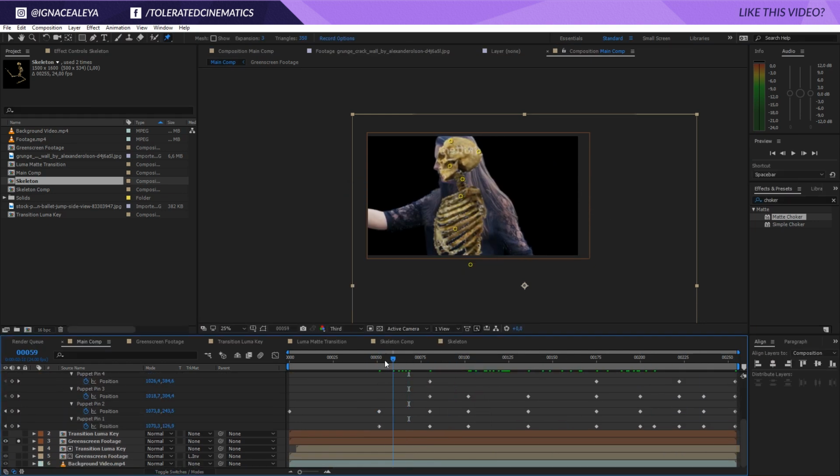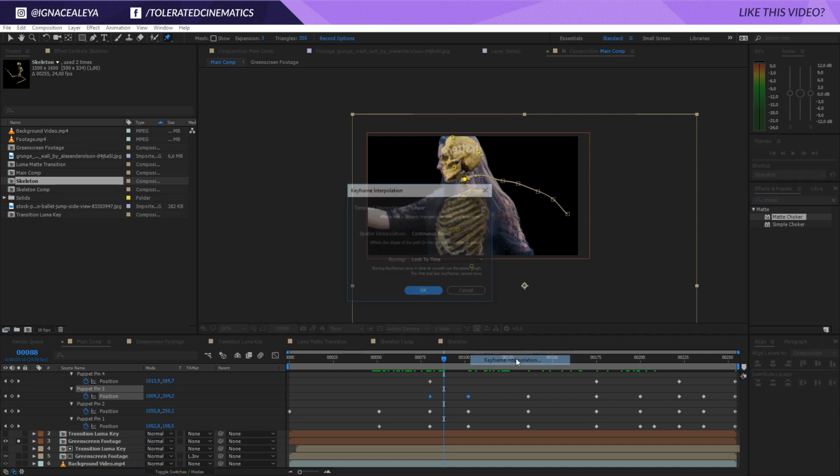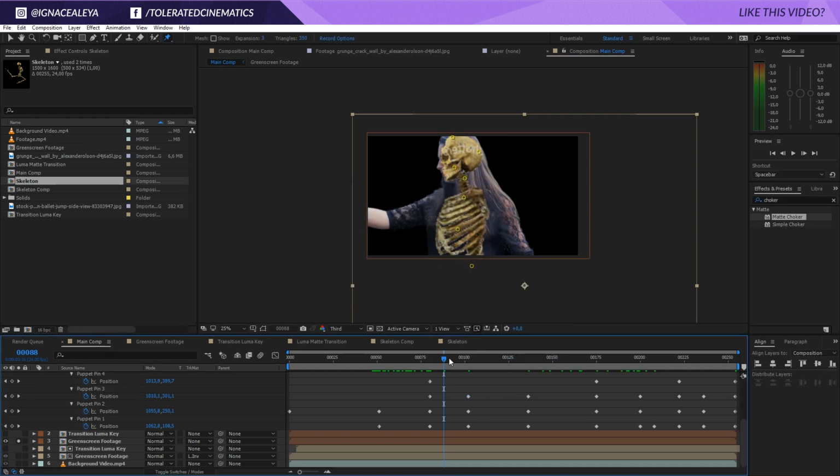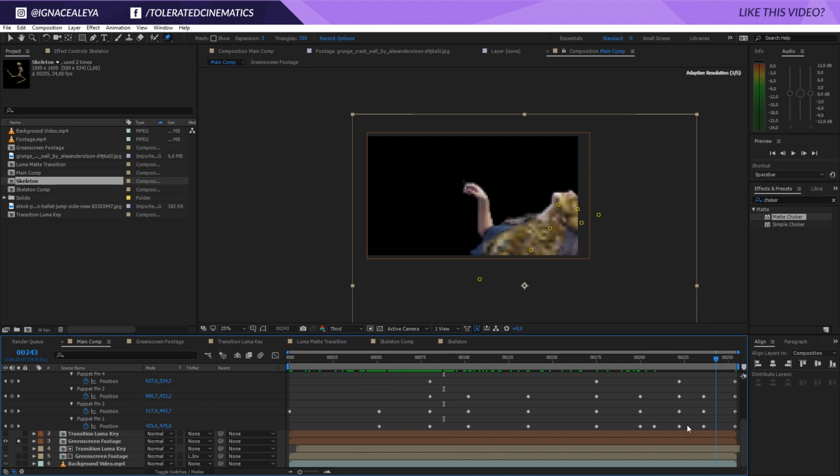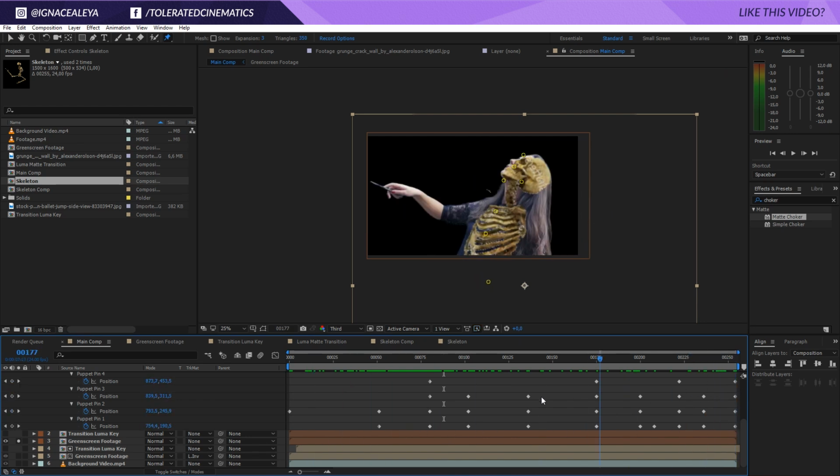Okay, so we had a little mistake in the keyframes. Just select both of these. If you ever have a glitch or anything that you don't really understand, just click on your keyframes, go to interpolation, and change this to linear, and that's going to solve that problem. Right now it was actually doing more animation than it was necessary to do. So right now we get something like this, and I think that we really have what we need for this